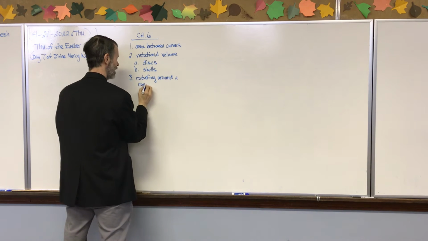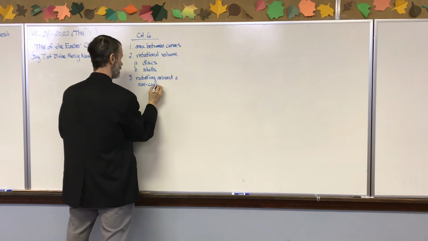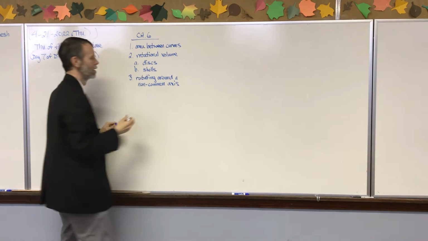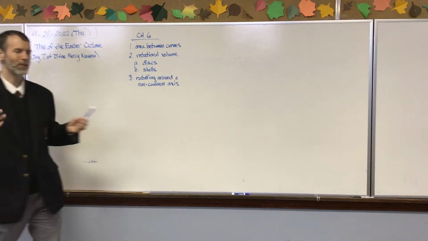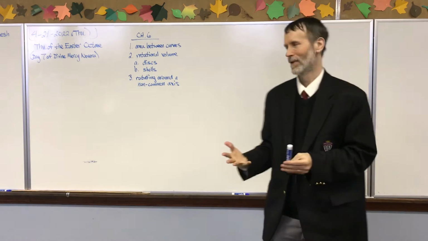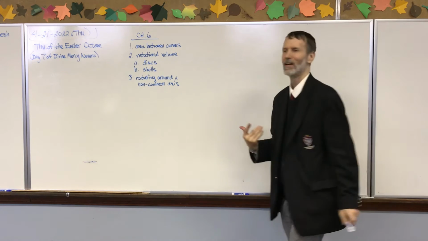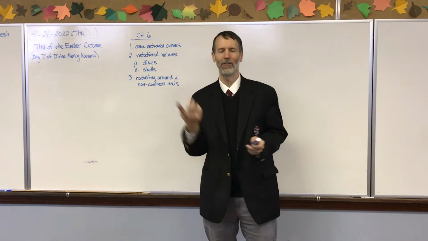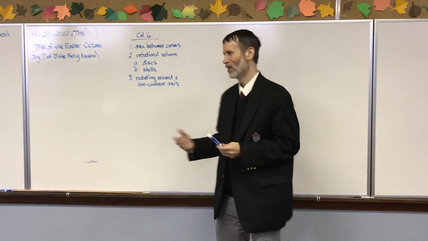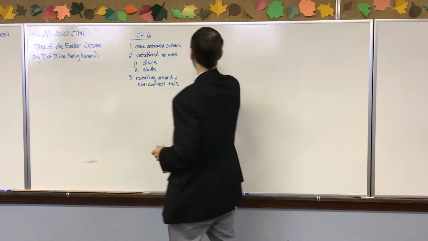A non-common axis. In other words, we've been rotating around the x-axis and the y-axis all the time. What happens when you don't? What happens when you try and rotate around a line? It can be horizontal, vertical, but somewhere else. What happens? For example,